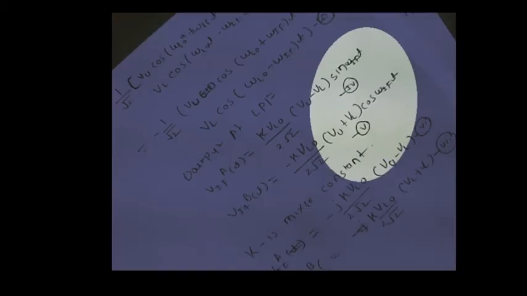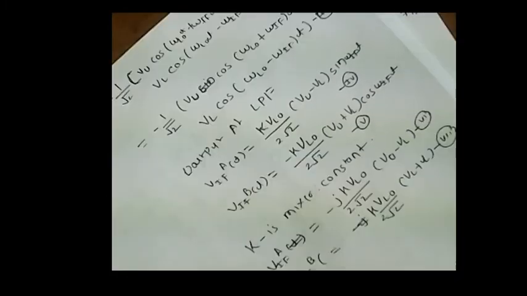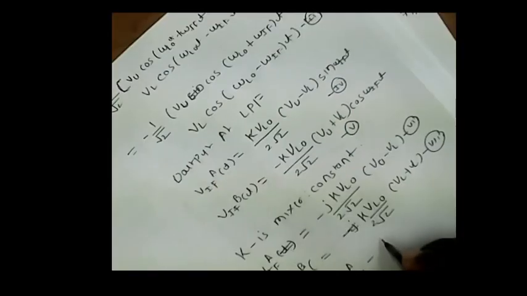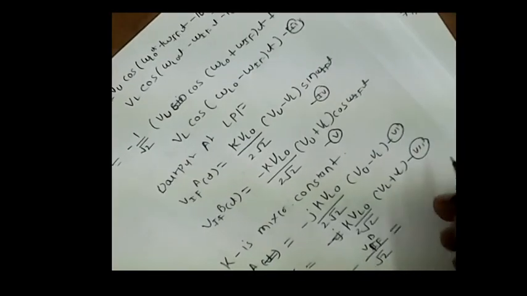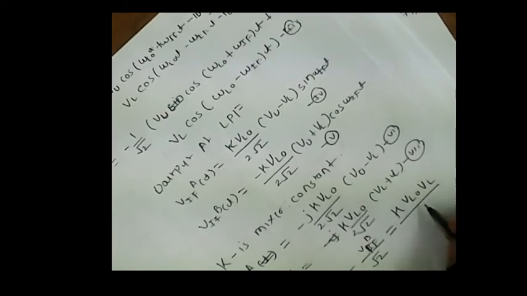So combining the voltage in the IF hybrid, the following outputs: V1 is equal to intermediate voltage at A minus j intermediate voltage at B divided by root 2, which comes out to be equal to K into voltage at local oscillator, voltage at L divided by 2, that is LSB. So this is equation number 8.